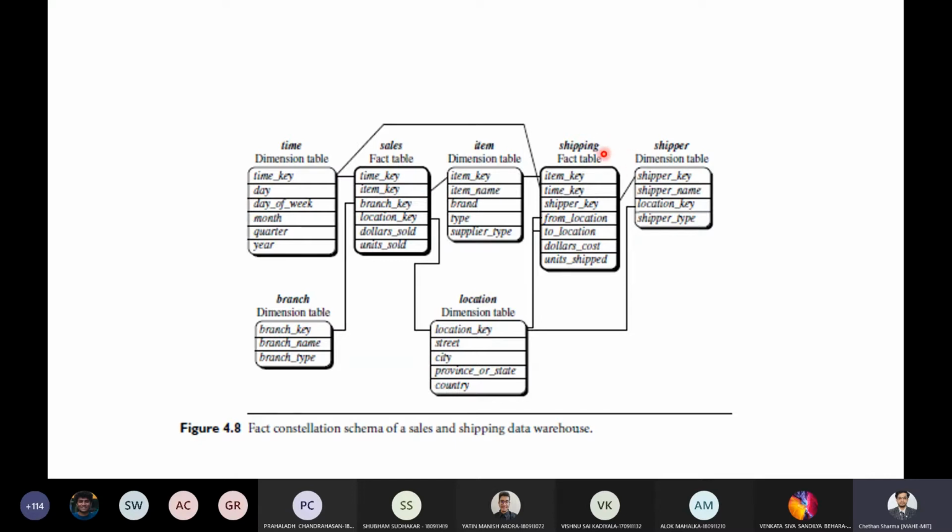In the shipping table there is item, time, and location, and here also there is item, time, and location. So these three dimensions are shared between two fact tables. That is one unique feature of fact constellation.